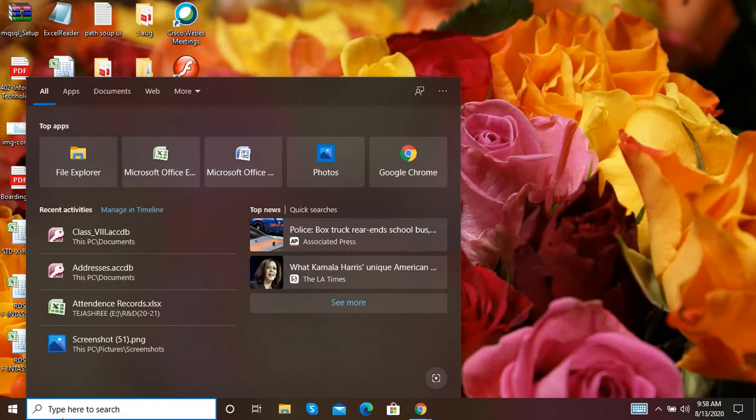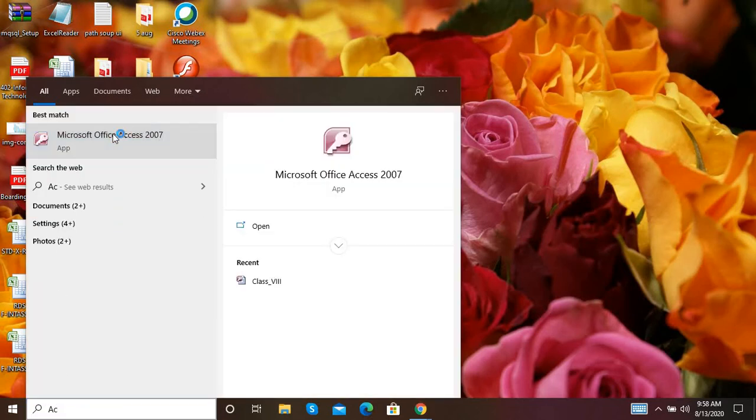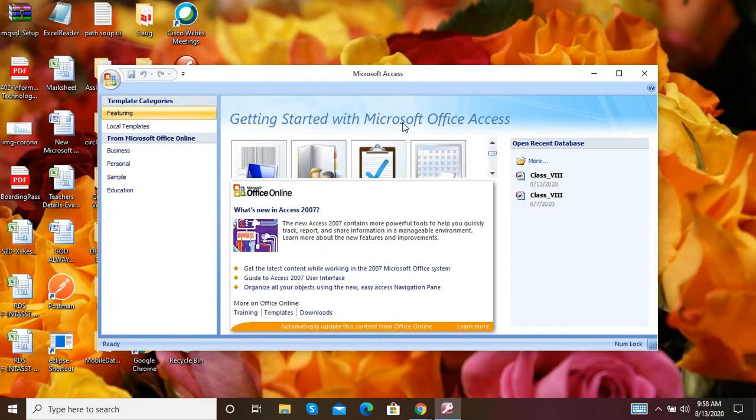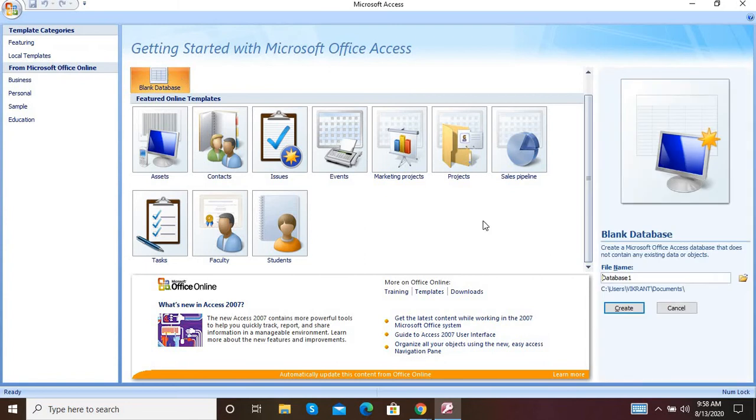You can open a new database in the same Access also, but for practice I am closing all the Access application and newly opening this application. When you open this application, what is the first step? Click on blank database. Here you have to change the name to school.